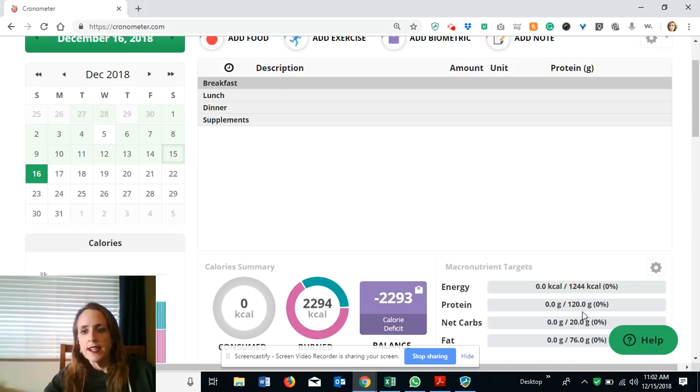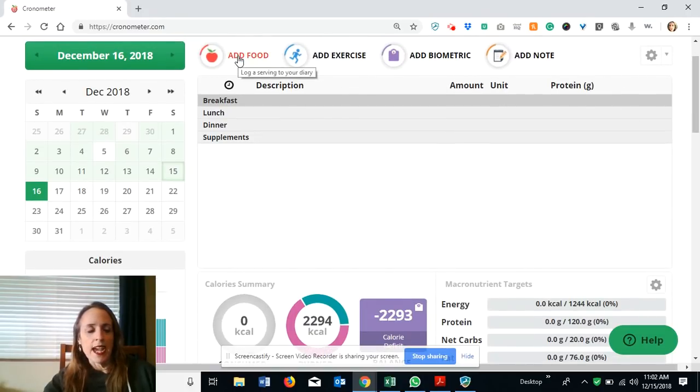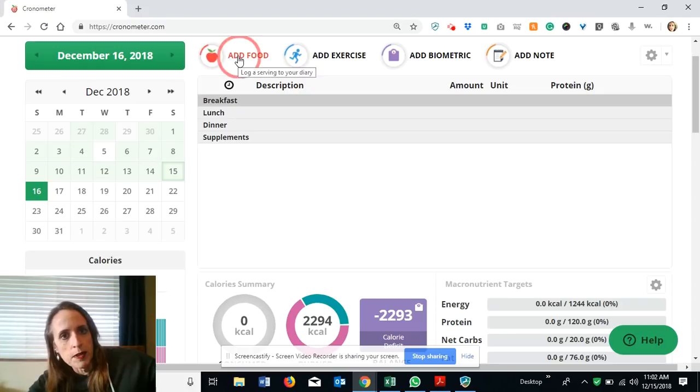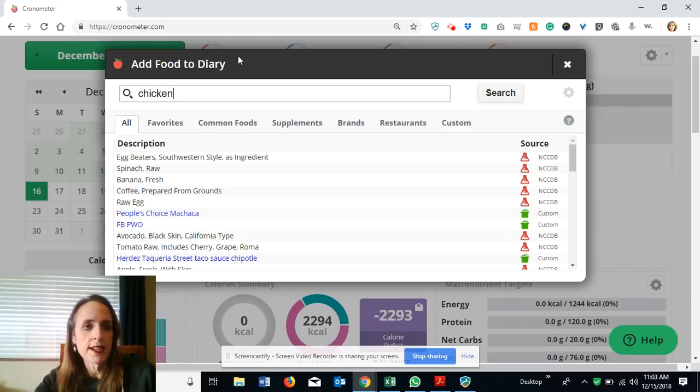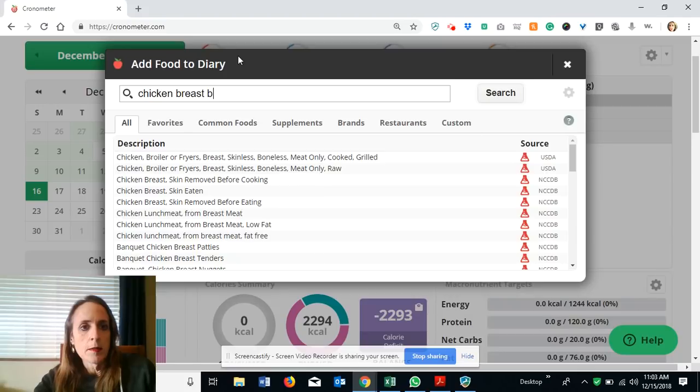So you can see in here, I've got my macros. And what I'm going to do is I'm going to show you, sorry, I'm more familiar with doing the app on the phone. So I'm a little awkward on the computer. I'm going to put in some protein first, and I do protein for each meal. I'm going to do chicken breast, boneless,